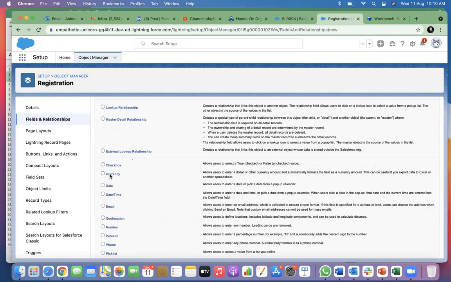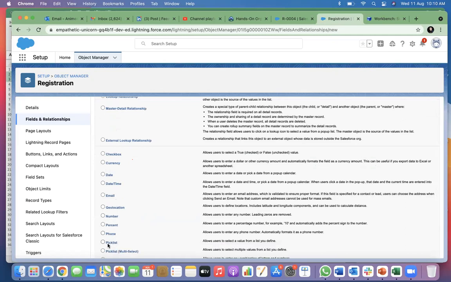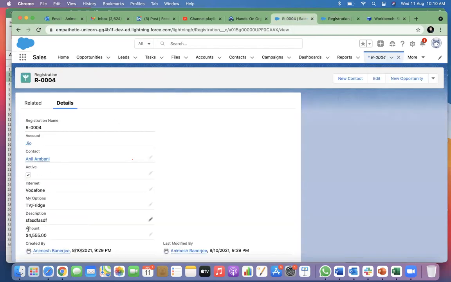Had you used only number, there was no way to determine what kind of currency this is, right? Then you have to have another supporting pick list to choose the currency type. But in currency, you can have both. It will also make sure that it is showing up as dollar here. You see, by default, the default currency is dollar, so it is showing us dollar. Are you getting the point?